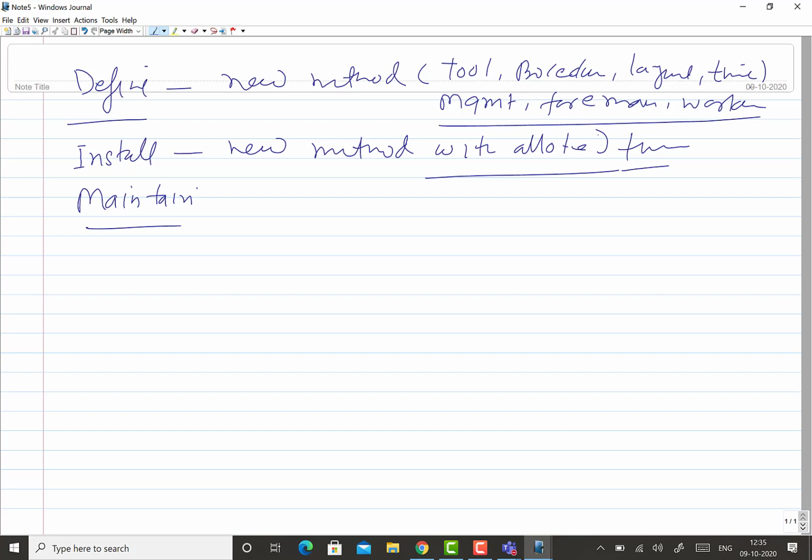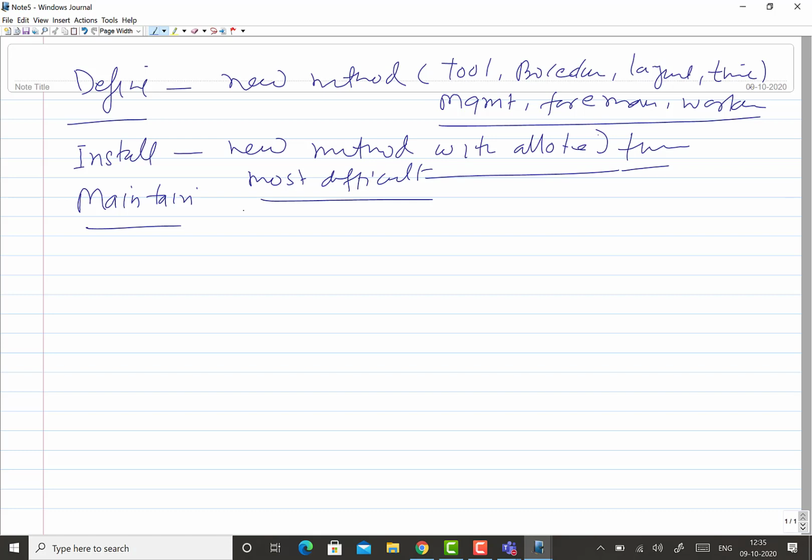So there are a number of procedural steps for installation, and probably this is the most difficult step in method study. The new method has been developed, but to get it into action is really difficult.